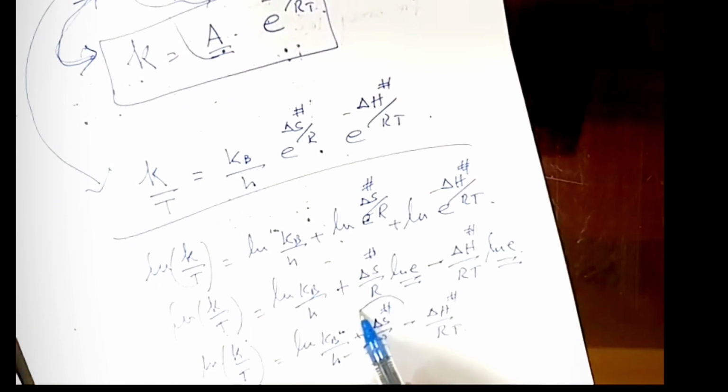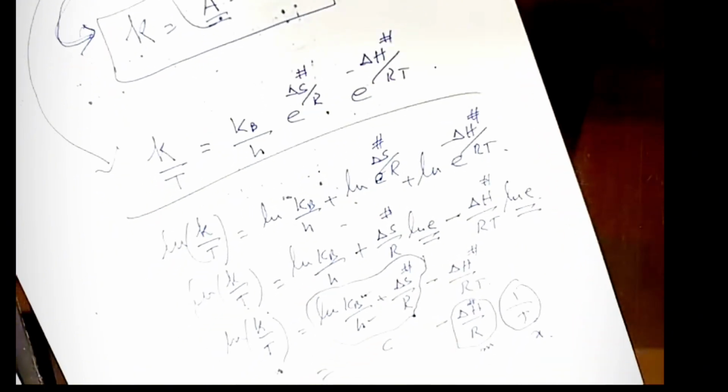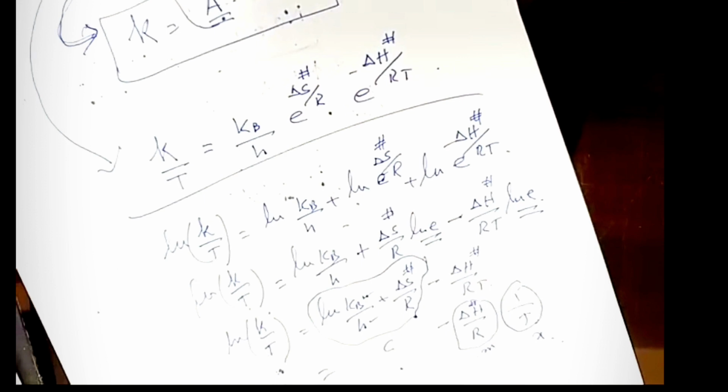y is equal to, ये पूरा का पूरा c है, माइनस डेल्टा h ओवर r जो है ये क्या है, m है, और 1 ओवर t यहाँ पे भी x है। तो आप ये देखें कि मेरे पास ये इक्वेशन आ गई, y इज इक्वल टू एम एक्स प्लस सी। तो अगर हम इसको प्लॉट करें,